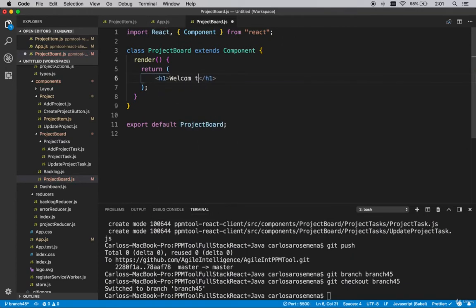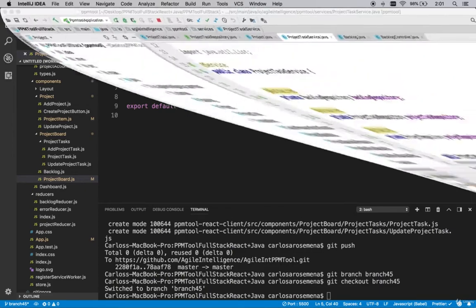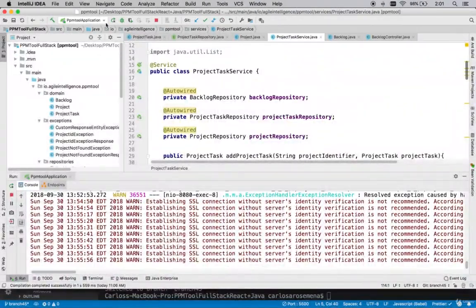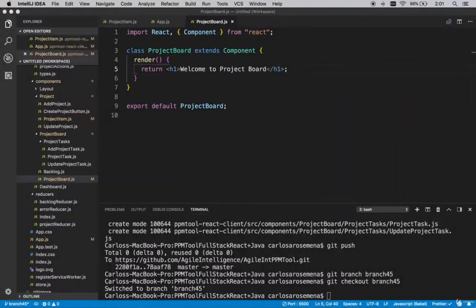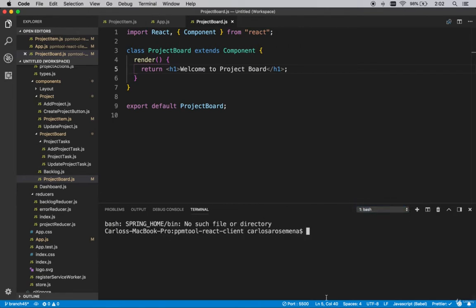Welcome to project board. Okay, cool. So now I am going to run my Java server, which is running on my computer right now, and it has a few projects, right? So I am going to do npm start. Ooh, and this actually makes sense. I am not in the right folder. Remember, you need to be in the ppm tool React client folder. Okay, npm start,